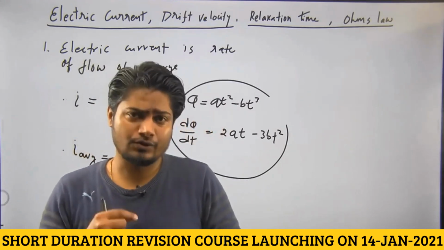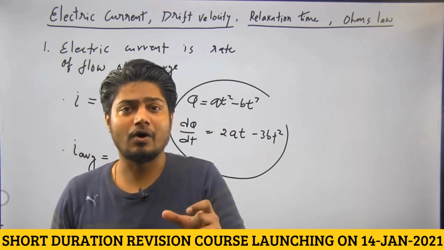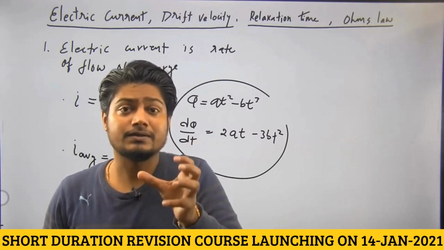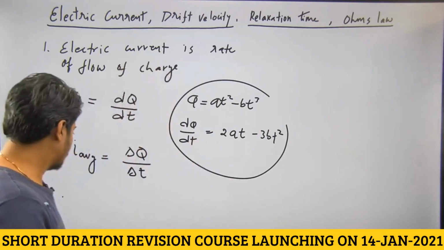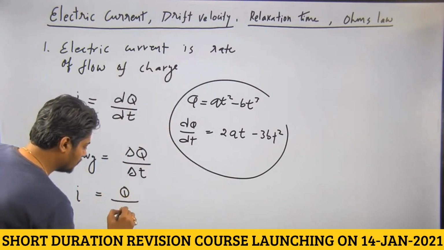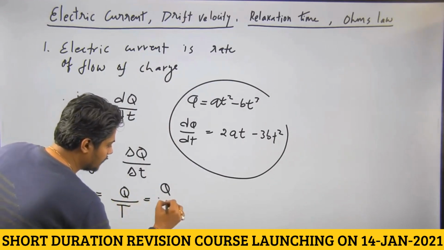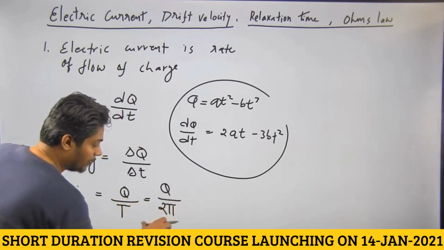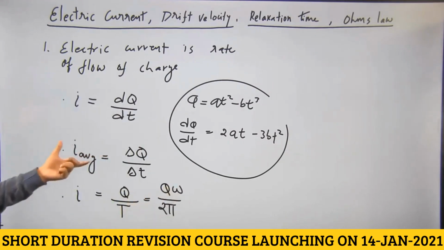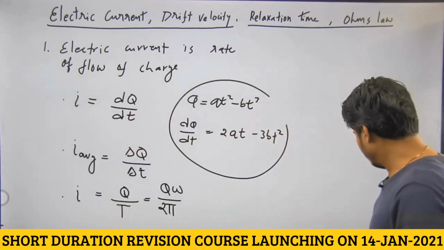So, how do we write a current due to a moving electron in a circular path? Simple, q by t, charge upon time. Time for the revolving of electron is the time period of that revolving electron. So, this basic definition is q by t. You can replace this t as 2 pi by omega. So, this becomes q omega by 2 pi. So, these are the simple basic relations of charge as a function of time t. Now, let us go to the next definitions.